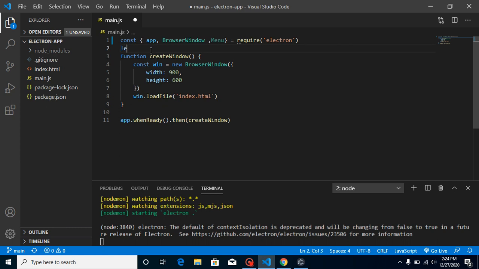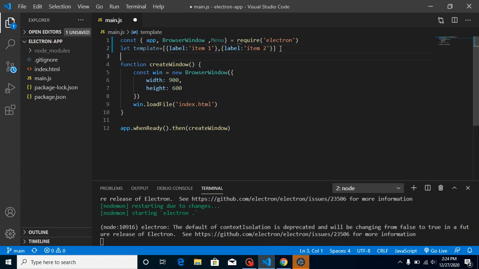So let's take a variable template, and this template is basically an array, and we can add some items like label, like item 1, and we can add some more items also, let's say label, and here we can define item 2.